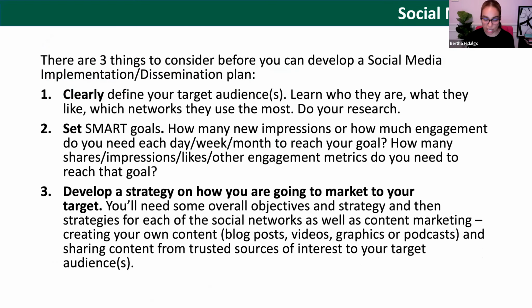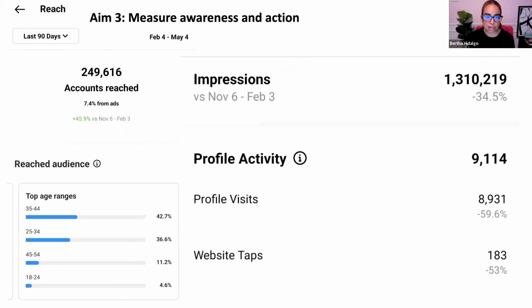But what's really great is that, oh, did it not save on here? Here it is. In the last 90 days, we've had over 1 million impressions. We've reached over 250 individual accounts that actively saw the information. So these aren't bots or accounts that nobody owns. And we've had a lot of profile activity, and we are reaching that target millennial age population that we were hoping to.